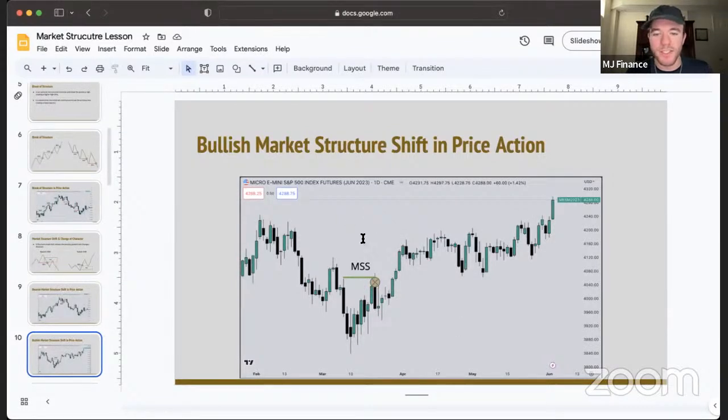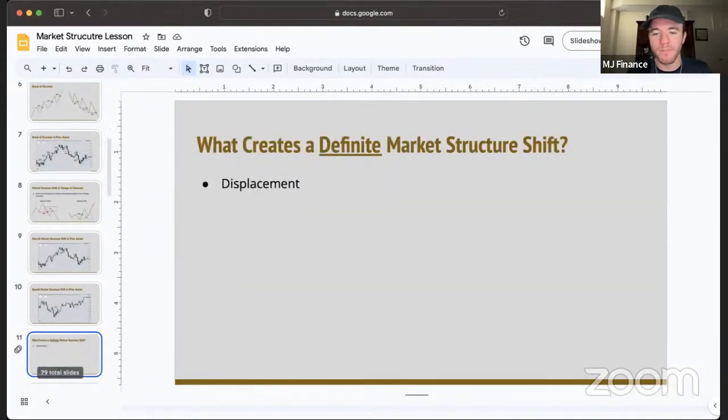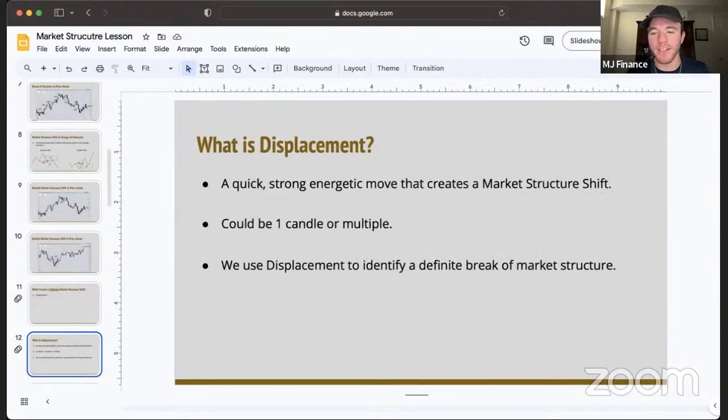Here, what do we notice? Again, daily time frame, market structure shift, right? But it's not energetic enough. How do we create a definite market structure shift? And the answer is with displacement. Now, displacement is a quick, energetic move that creates a market structure shift. This could be one candle or multiple, but displacement is really the most important element to my trading strategy,